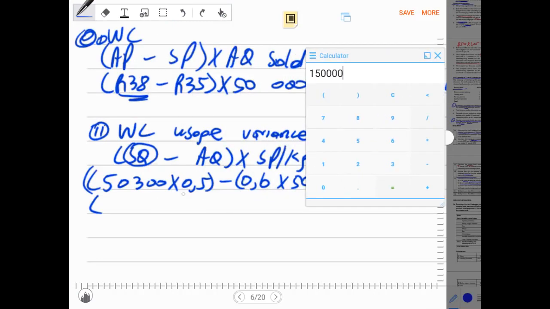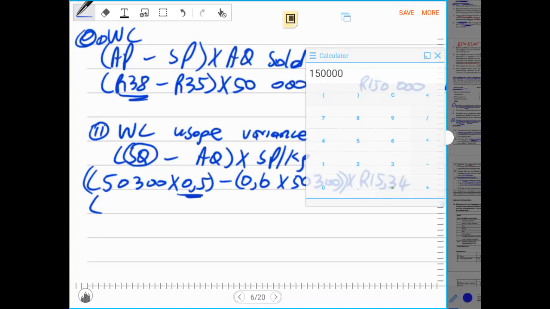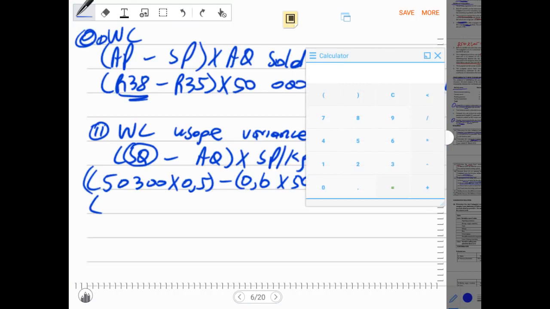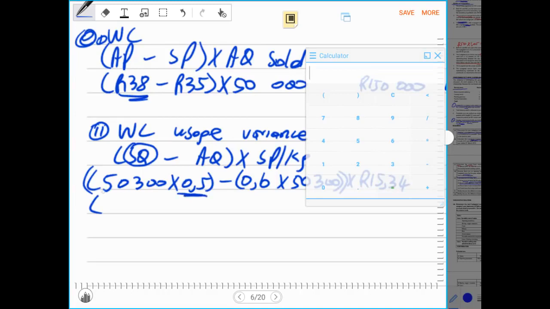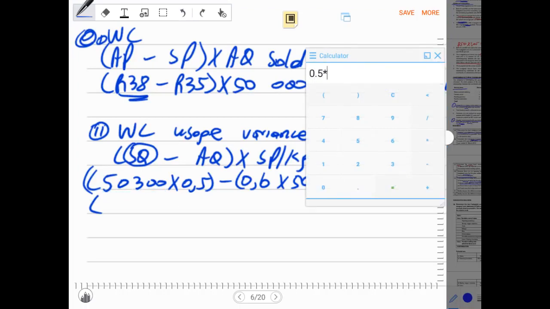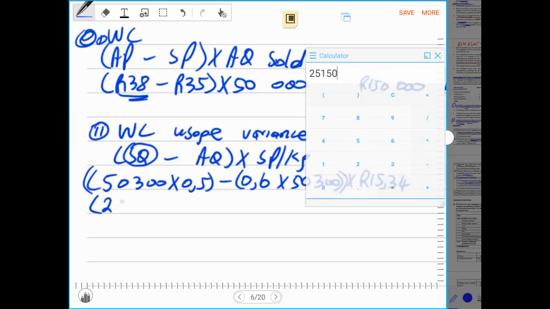In this case, we're supposed to spend 0.5 kgs per unit, and we actually manufactured 50,300 units. So how many kgs were supposed to be used based on the standard kgs per unit? We say 0.5 times 50,300, and this gives us a total of